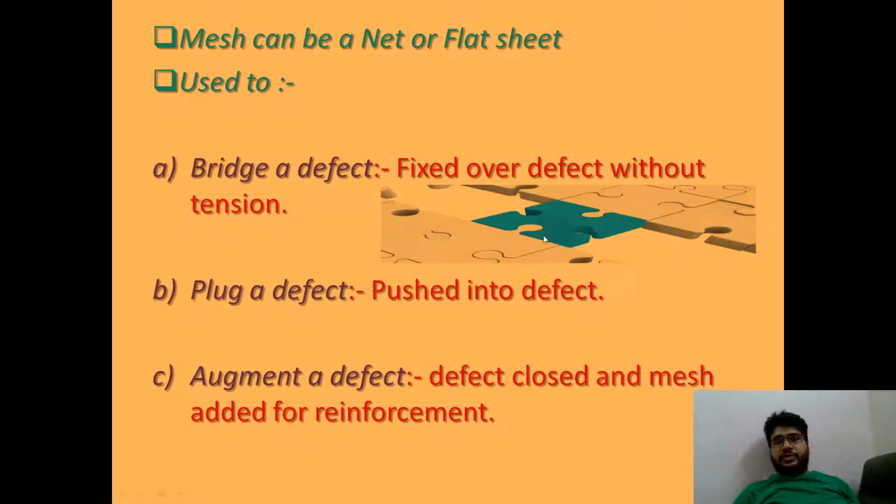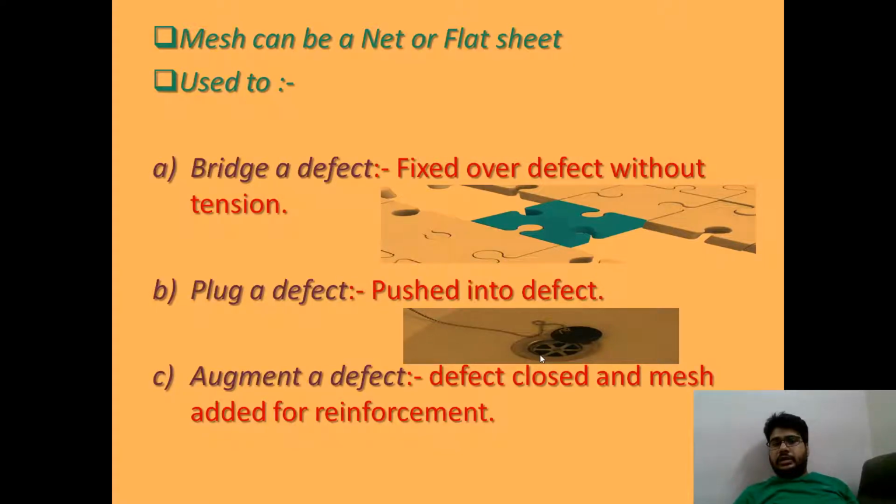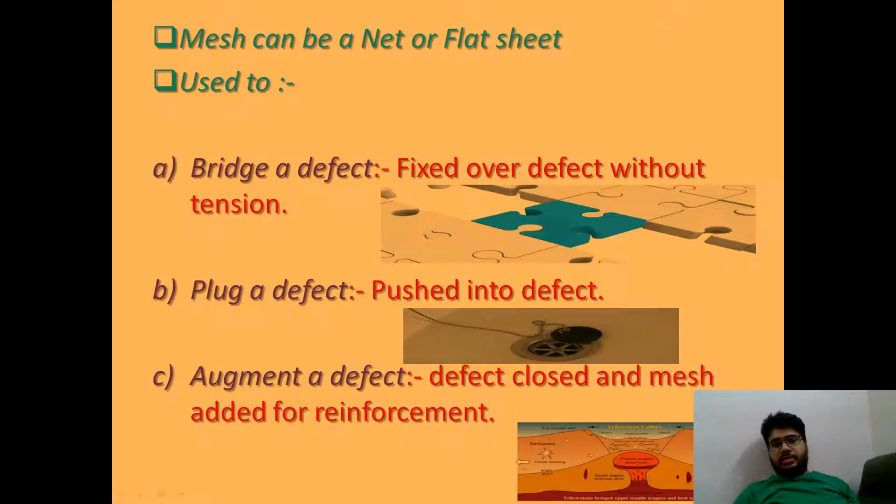Suppose this is the defect and here is the bridging of the defect, which is the blue colored thing. Now what is plugging? Suppose this is the defect and you use this mesh and close it, that is, pushing it into the defect. I could not get a better example than this. Suppose this is a defect, you have closed this defect by its own, and again above it you are augmenting